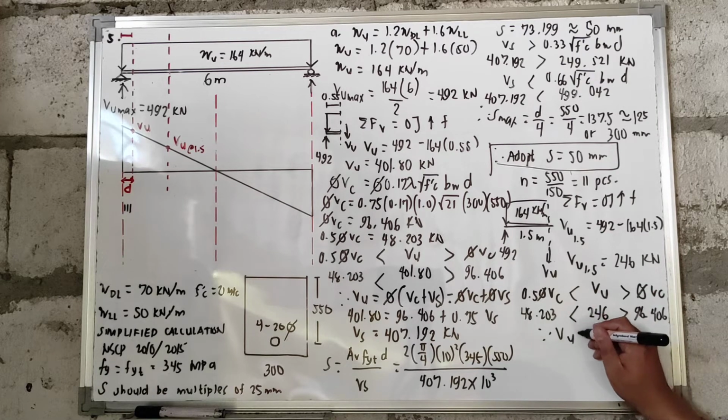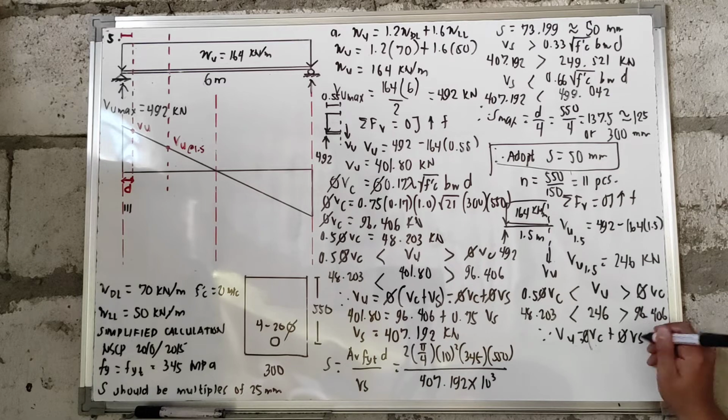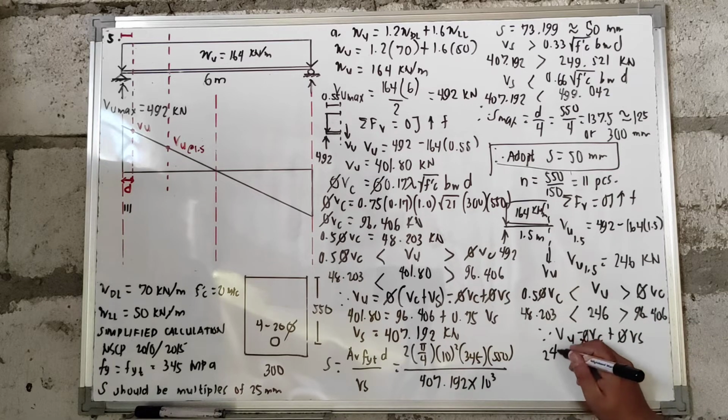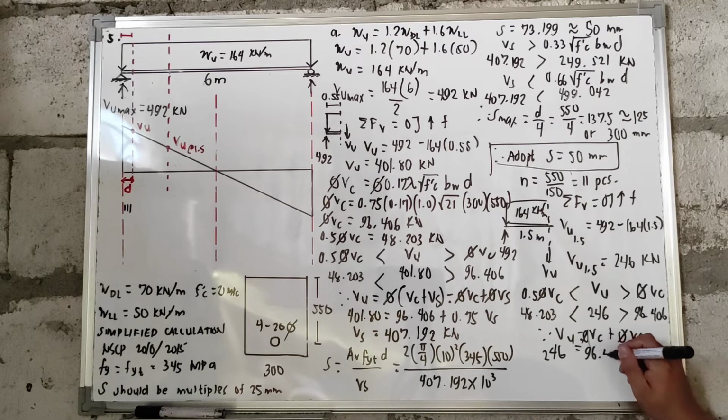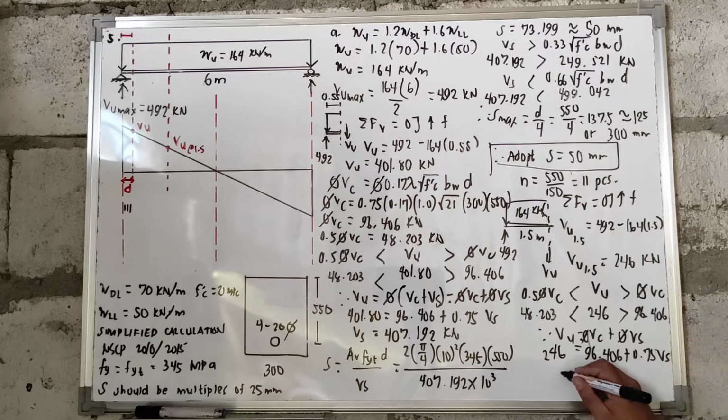Therefore, gagamitin natin yung formula na VU equals PVC plus PVS. So, yung VU natin na 246, that is equivalent to 96.406 plus 0.75, yung V sub S natin. So, the value of your V sub S is now equivalent to